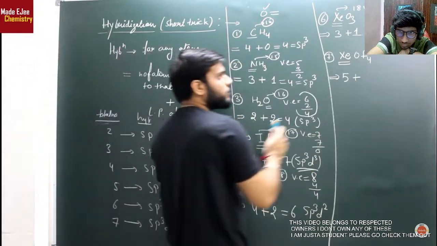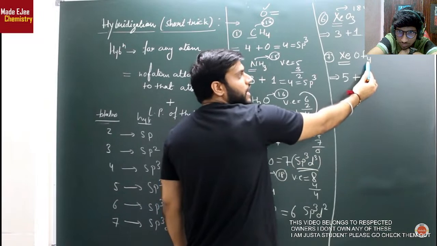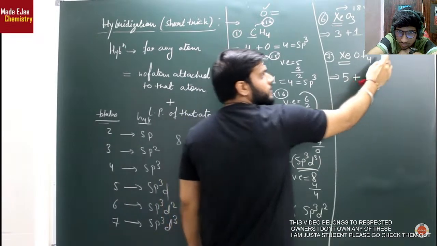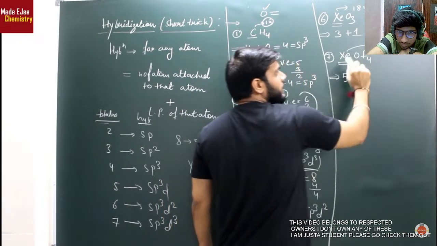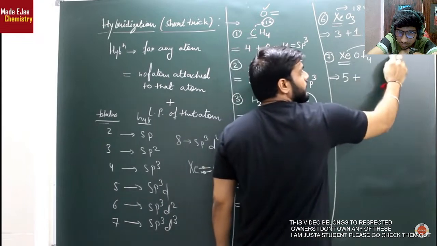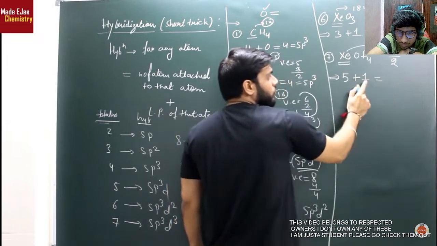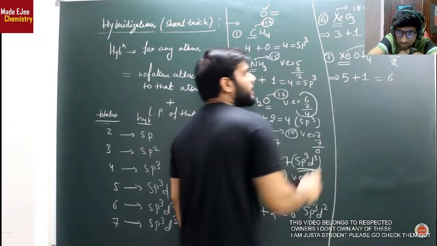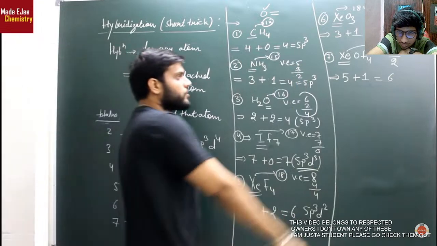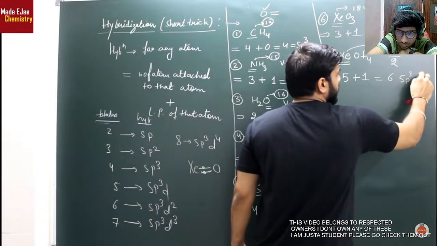ध्यान से देखिए, अब लोन पेयर की कैलकुलेशन करनी है, तो जरा ध्यान से चेक करो, फ्लोरीन के साथ तो उसने 4 इलेक्ट्रॉन काम पे लगा दिए, 4 इलेक्ट्रॉन बॉन्ड बनाने में, और 1 ऑक्सीजन के साथ 2 इलेक्ट्रॉन, तो यहां पर Xe के वैलेंस इलेक्ट्रॉन कितने होते हैं 8, क्योंकि 18 नंबर ग्रुप में आता है, जिसमें से 4 और 2 6 इलेक्ट्रॉन उसने काम पे लगा दिए, पीछे कितने बचे 2 इलेक्ट्रॉन बच गए, 2 इलेक्ट्रॉन का मतलब 1 लोन पेयर हुआ, 1 लोन पेयर और 5, ये 5 और 1 कितने हो गए 6 के हिसाब से जरा चेक कर लो यहां पर कितना है 6 के हिसाब से sp3d2, तो फाइनली इसका आंसर बनेगा sp3d2। ये बहुत इंपॉर्टेंट है।